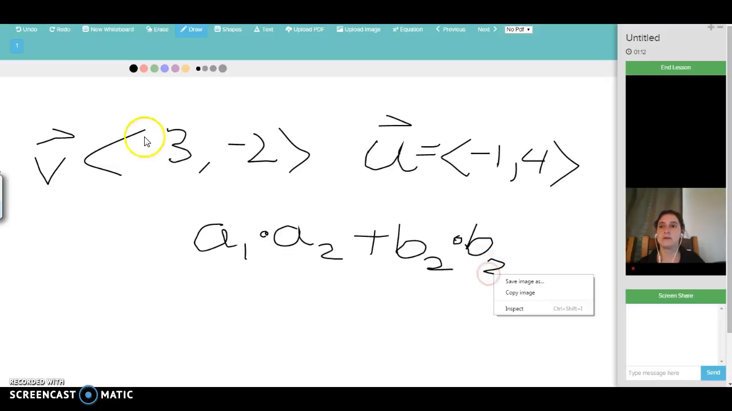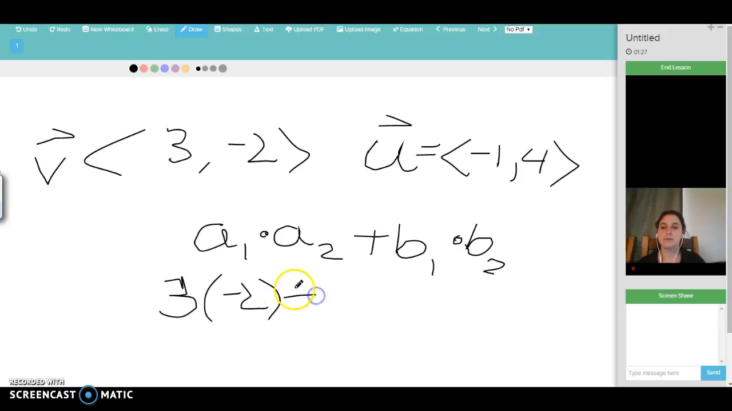Oops. Need to erase that. Let's turn that 2 into a 1. There we go. So here are the calculations. 3 times -2 plus